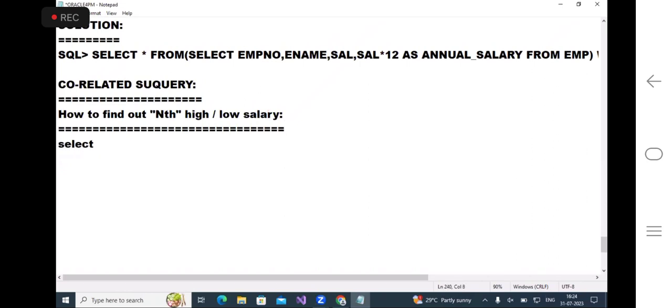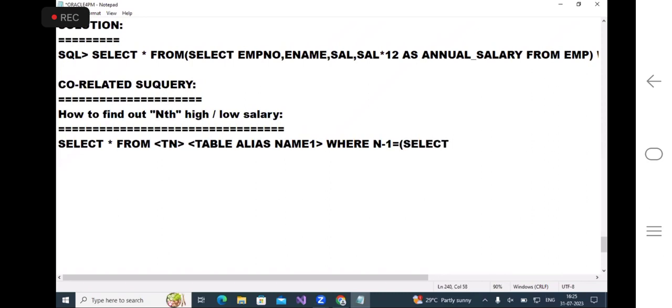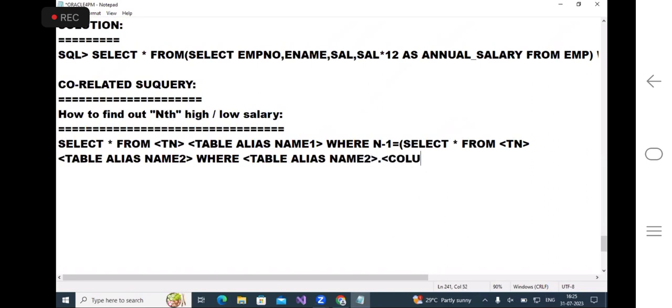So, observe the syntax carefully. Select star from table name, table alias name 1, where n minus 1 is equals to (select star from table name, table alias name 2, where table alias name 2 dot column name